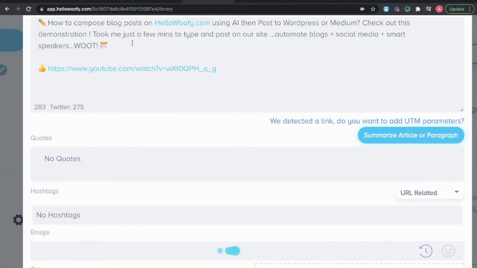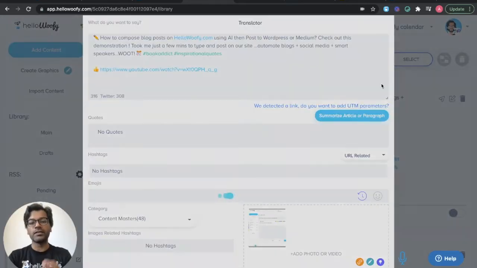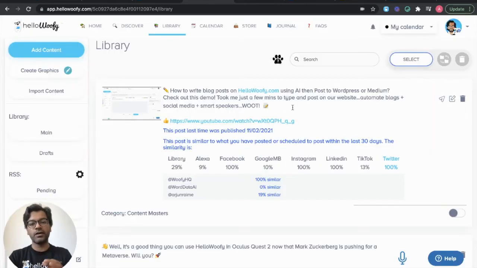We'll add it in. Now, if I have a hashtag, let's say it's about reading and writing, just put in the hashtag that you're thinking about, and it'll automatically switch it out for something else. If I do, let's say, success as a motivational thing, it'll automatically switch it out. Let's say inspiration. Maybe inspiration is too generic. We'll do inspirational or motivation or inspirational quotes instead. So the point is, it does a lot of the work for you without forcing you to do the grunt work. Isn't that cool? Aren't you sold already? For the price of a cup of coffee, you can do all of these amazing things.